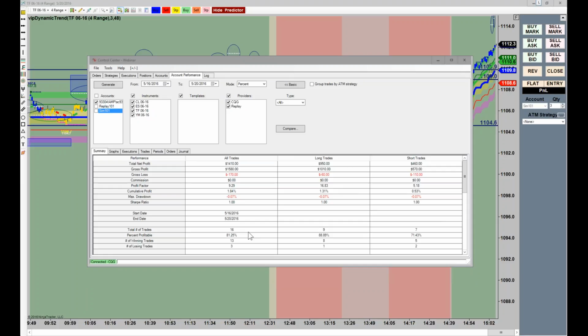That'll happen to you. But that's 81.25%, only 16 trades for the week. That was 3 total losing trades, 13 total winning trades, and that made him $1,410. Now, if you take that and you can continually do that, multiply that times 52, and that's $73,320. Okay? Now, that means that if you can do this every single week, that's $73,320, and that was only,